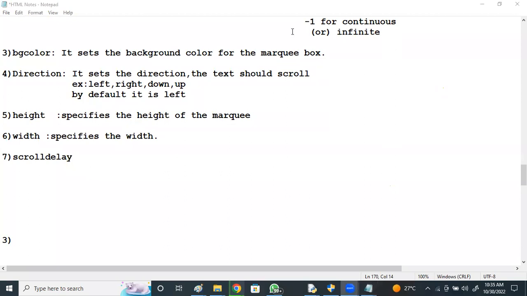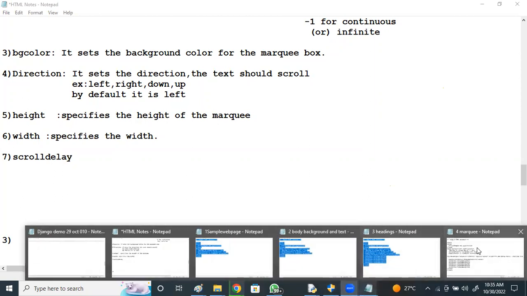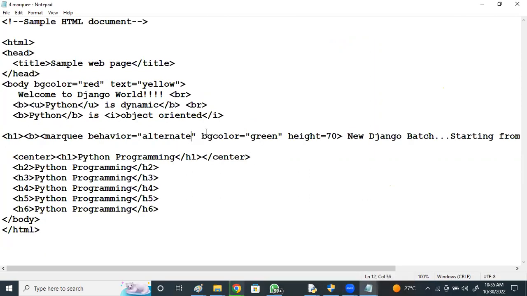How to scroll from left to right. Scroll delay means, observe this. Scroll delay equal to 100.